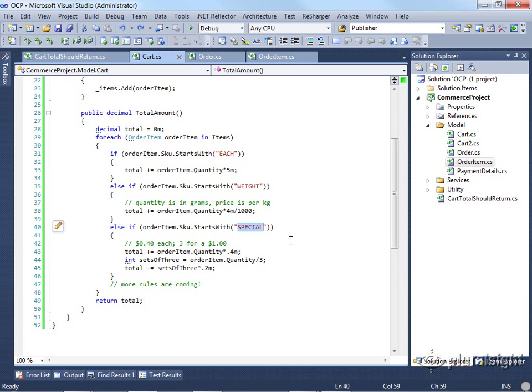Finally, we have this concept of special as a third rule for the SKU. Special items only cost 40 cents a piece. However, they are 3 for $1. So what that means is if you buy one, it's 40 cents. You buy two, it's 80 cents. You buy three, it's $1. And the way this has been implemented is to simply provide a discount of 20 cents for each set of